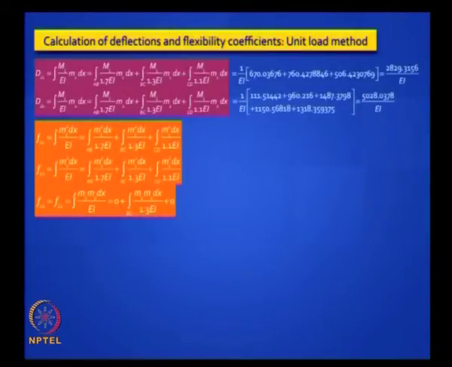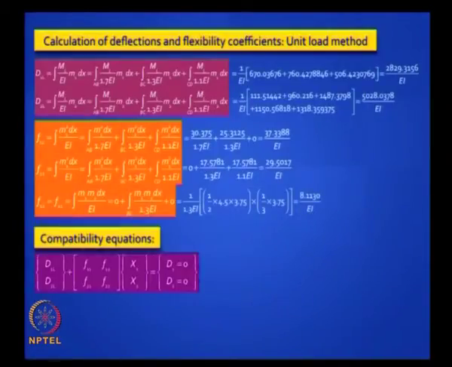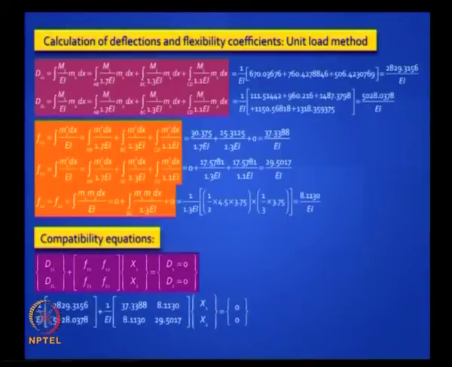We have done this last year, so you are familiar, and you can find F11, F21 which is equal to F12, and F22. They are pretty straightforward and you can get these numbers, you plug them into the equations and these are very easy to solve in your calculator. You can invert the matrix or directly solve it, you get x1 and x2, you will notice they come negative, right, they come negative